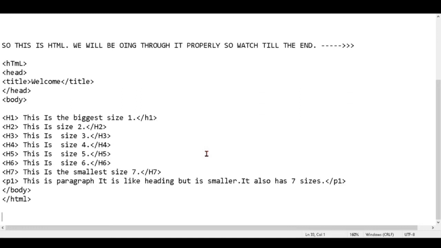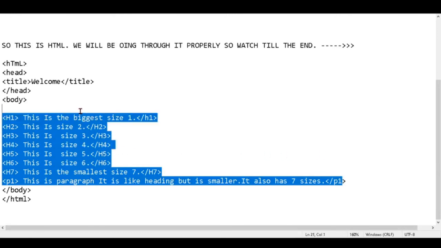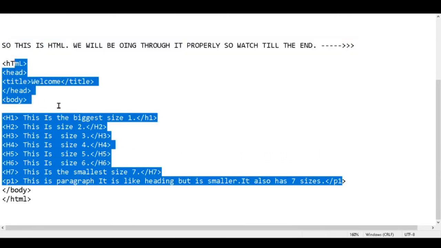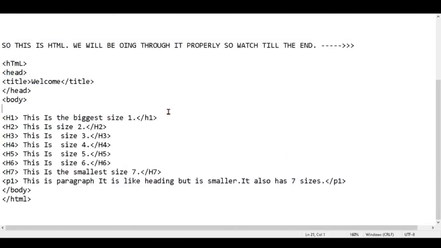So this is for our beginners who haven't known anything about HTML. So you can try this by using HTML tag, head tag, title tag, body tag and heading tag and paragraph tag. We will give you more information in next videos about this HTML hypertext markup language.